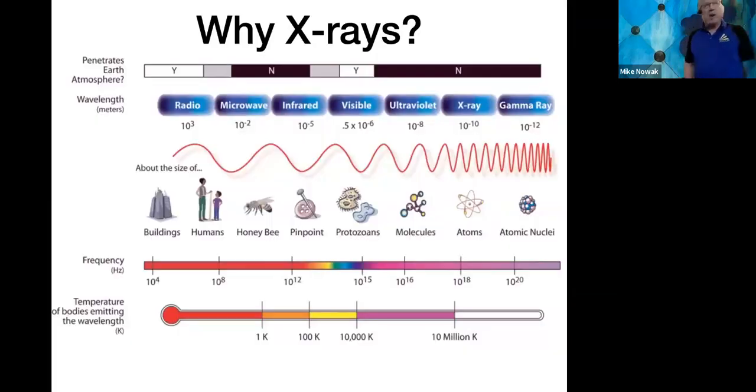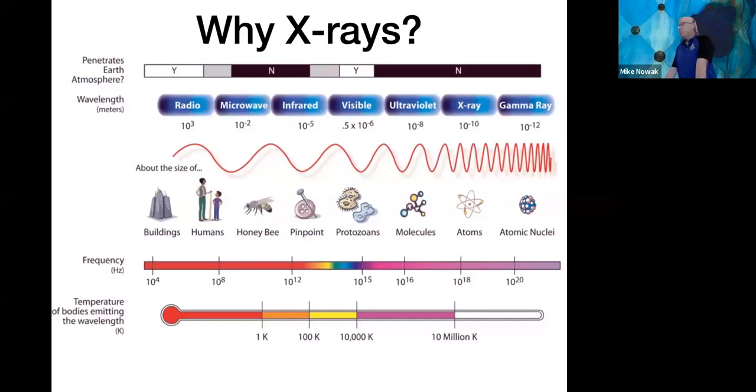So, X-ray astronomy. Overall, let us talk about what X-rays are and why X-rays. As you know, light has two major properties. It has a wavelength and it has a frequency, and the wavelength times frequency gives you the speed of light, 300,000 kilometers per second. The visible light that we're familiar with has a wavelength on the order of 6,000 angstroms, an angstrom being 1/10,000th of a micron.